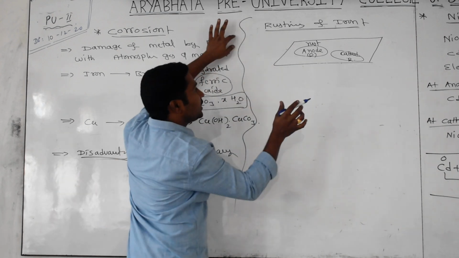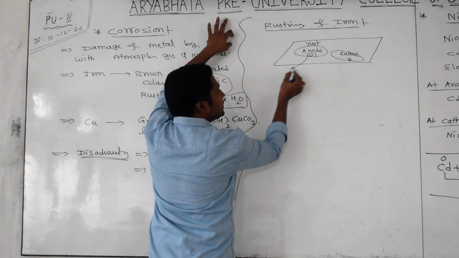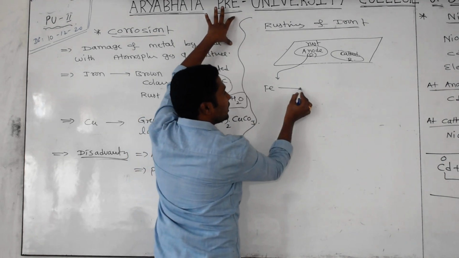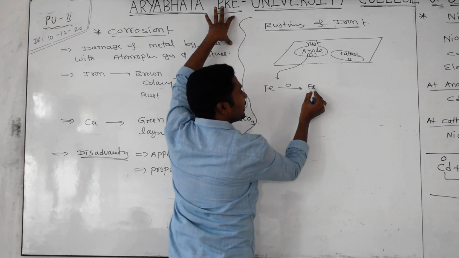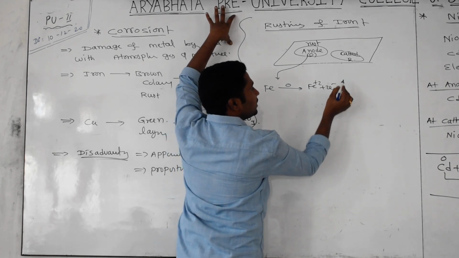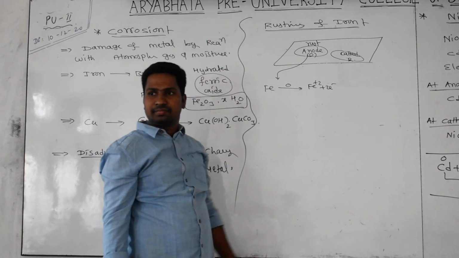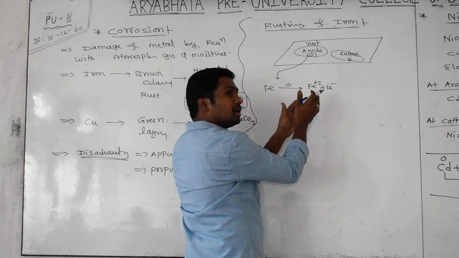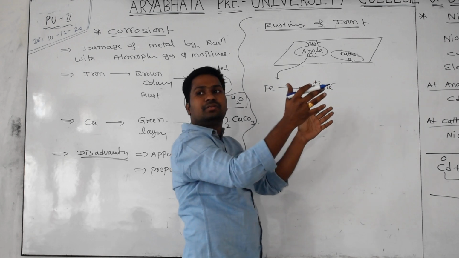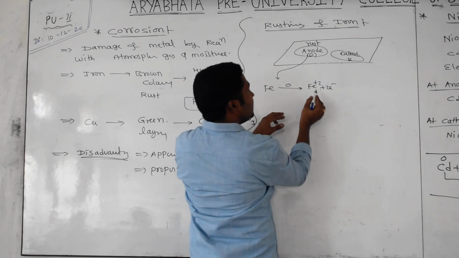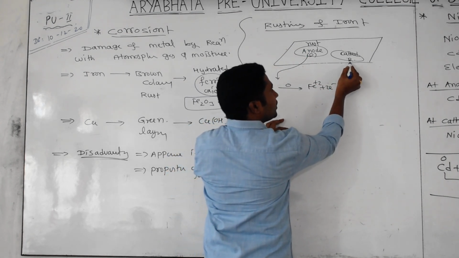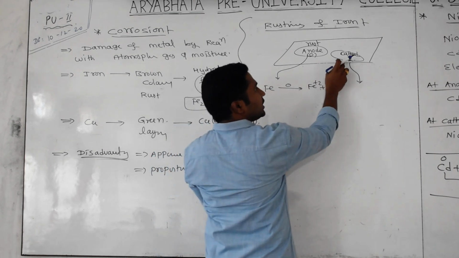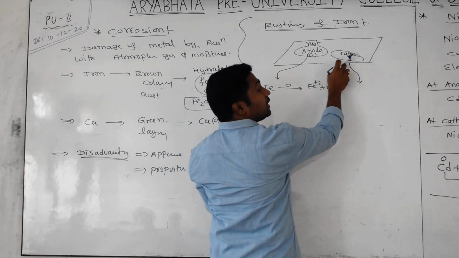Okay, how is it happening? I want to tell. At the anode region, what happened? If you take fresh iron, it will undergo oxidation, becoming Fe2+ plus 2 electrons gone. Now this won't sit calm. Charged particles are more reactive, so they further get involved in the reaction. What happens at the cathode region? The metal is there, but it won't be involved in the chemical reaction. Instead of metal